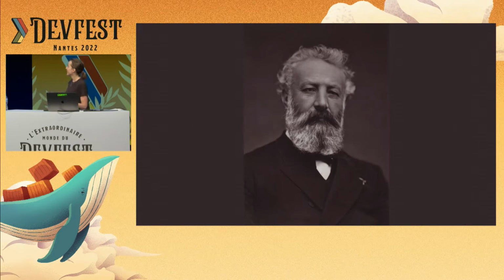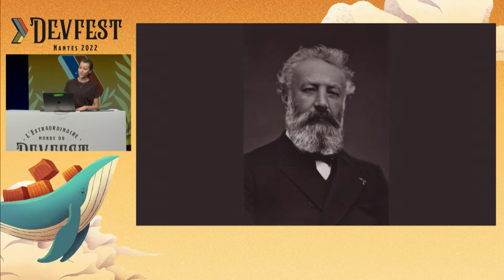So in the winter of 1828, that's what Wikipedia says, just here in the city of Nantes, a writer was born. Not too far from here, actually, on a little island. His name is Jules Verne, and his work is the theme for this conference. It was hard to miss, with all the booths we saw and so on.